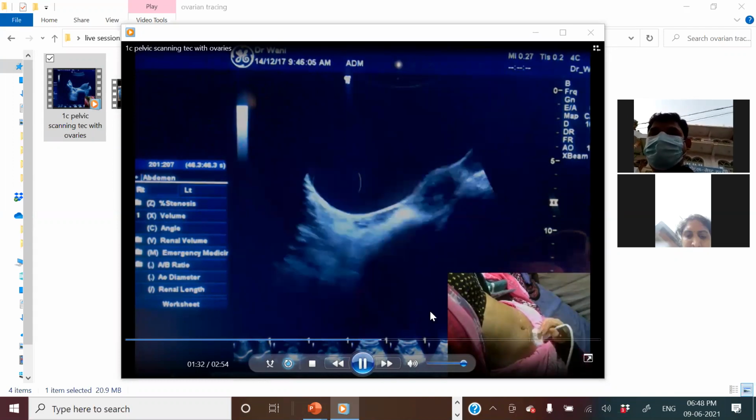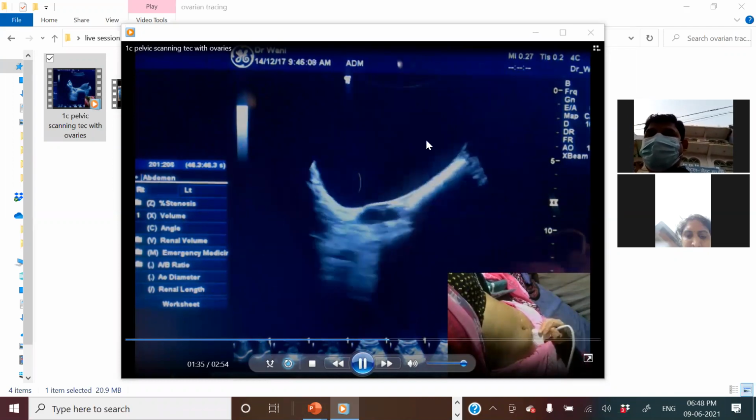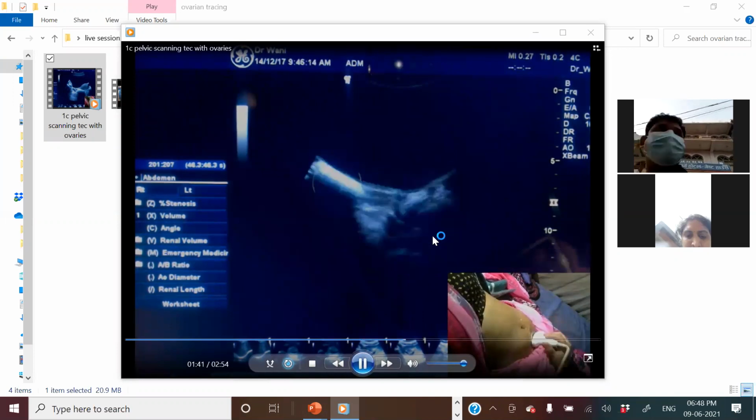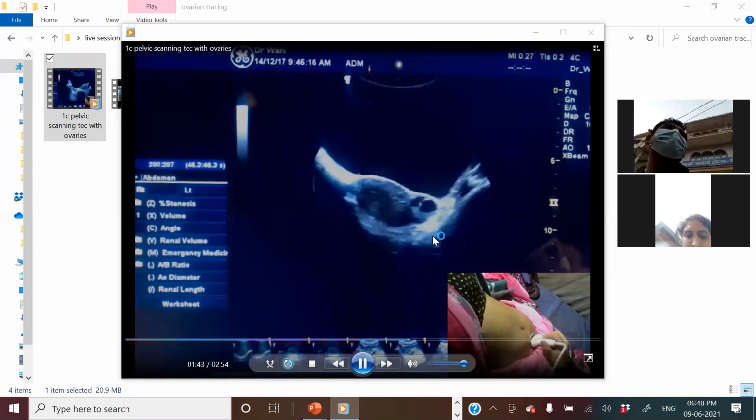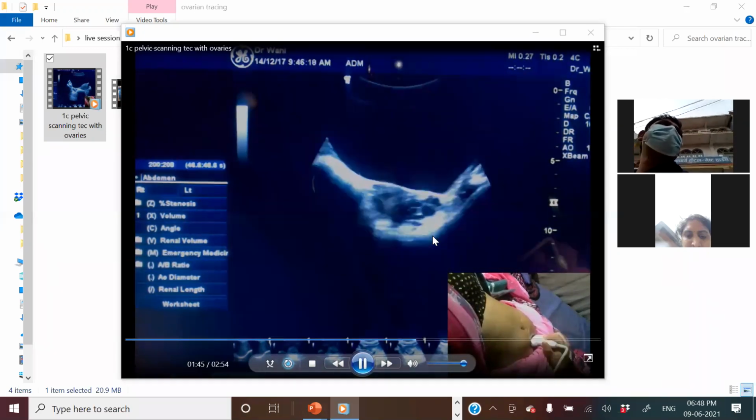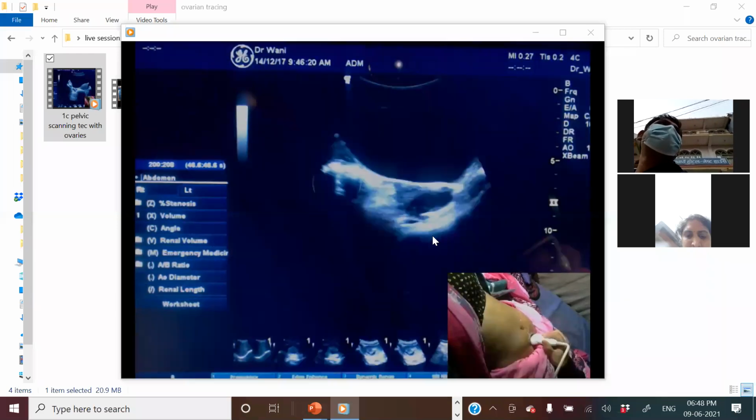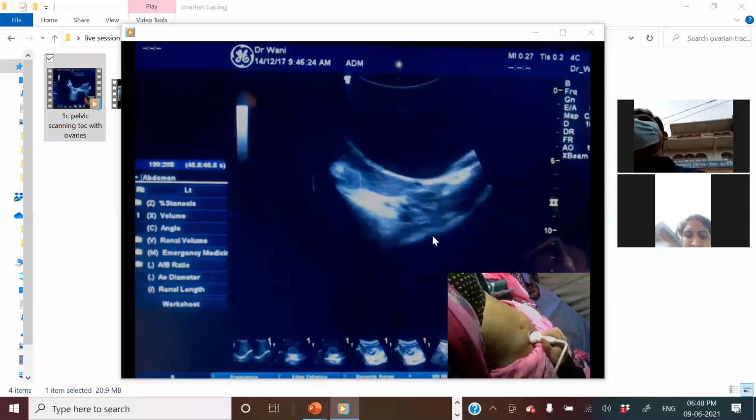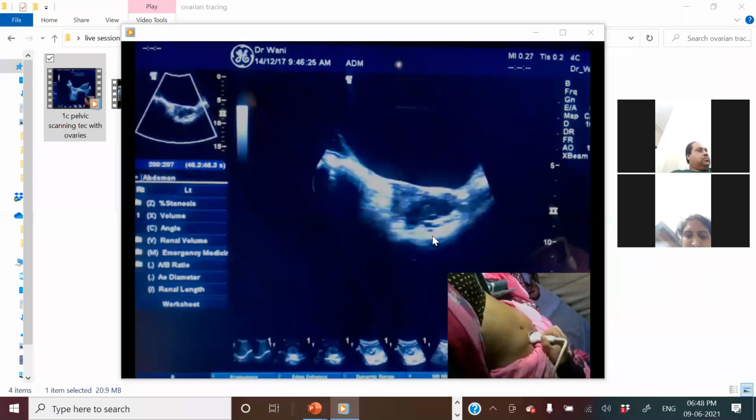Because I am hitting the probe from the other side, it will be crossing through the bladder. Now the ovarian location depends on the broad ligament. The broad ligament is encasing the ovary. It can be anywhere. Rightly the question is posted